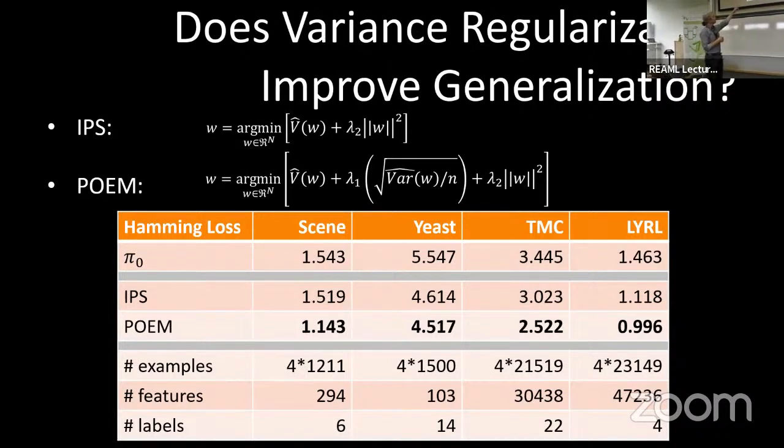And on these data sets, actually the IPS works reasonably, so lower is better here. IPS actually, in all cases, does beat the logging policy. So as I said before, that one example was constructed where it failed. But if you do the variance regularization, you get another pretty substantial boost, right? So you avoid these cases where it picks a policy based on very little evidence.